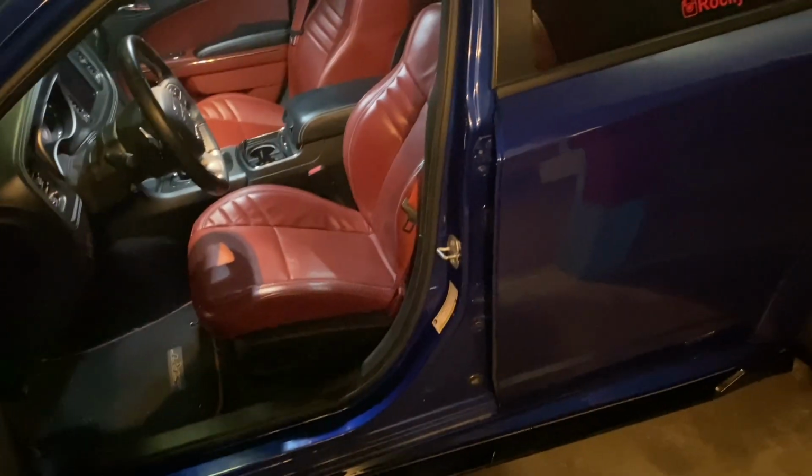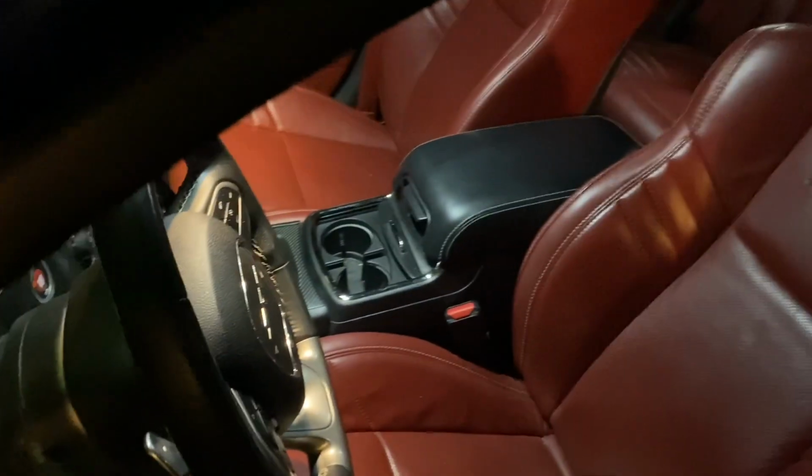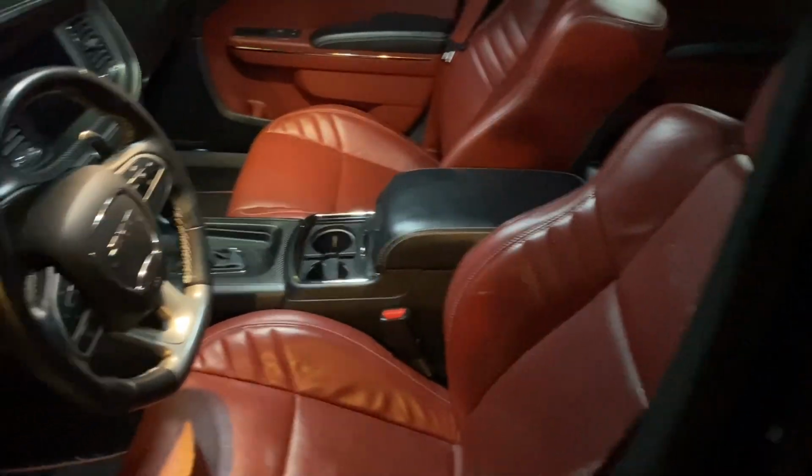Next thing, like I said, it's all interior because I spend a lot of time in it. I drive it all the time, and I love it. Now, what in the world could anybody hate about that leather? Red leather, red seat belts, looks gorgeous. But